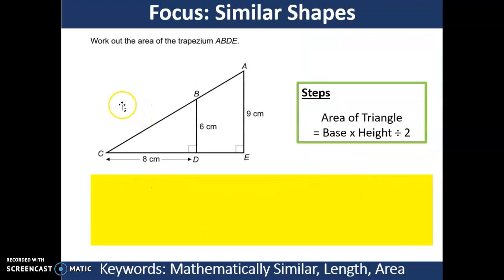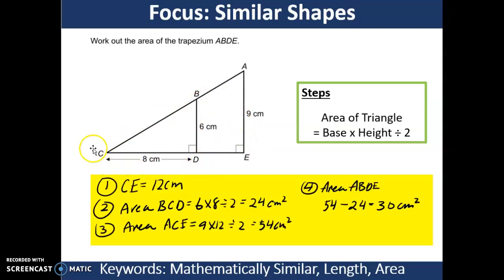Okay, so to advance from that, what I want to ask you is to try and find the trapezium, which is right here. Now in this case, you could find it this way. Take the big area minus the small area, and you have that area right there, that trapezium. So how to do it is, and you already know that this is already 12 from the previous question, we find the small area, 6 times 8, we then divide by 2,